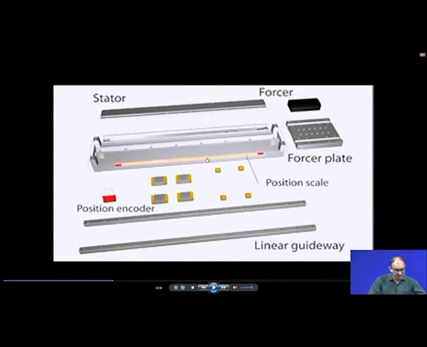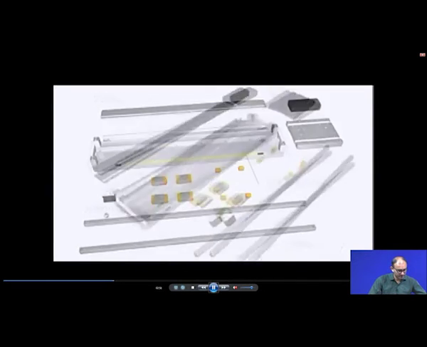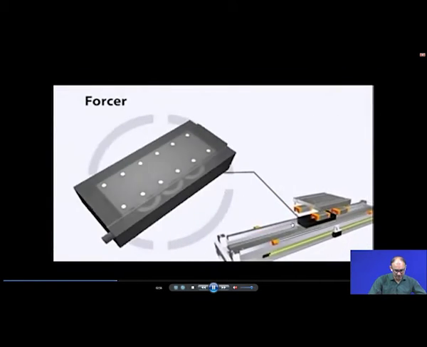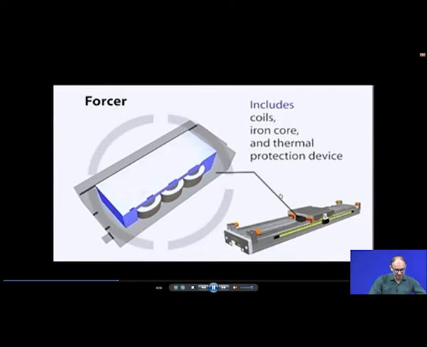Then this is a position scale, because if you want to move with 1 micron or 0.1 micron, then what you need is an encoder. So, right now we are using the linear encoder here. We will see within a few slides what these encoders are, linear encoders and rotary encoders, but for this particular linear drive we are using a linear encoder, because it has certain advantages over a rotary encoder. So, this is the scale. Then the position encoder is available, then you assemble everything, and finally you get this particular thing done. So, this is the complete assembly.